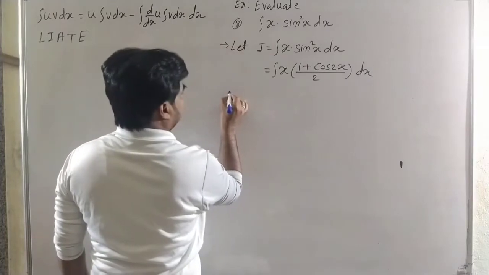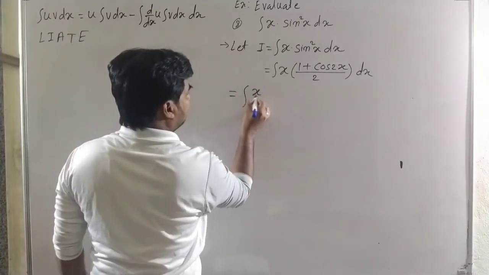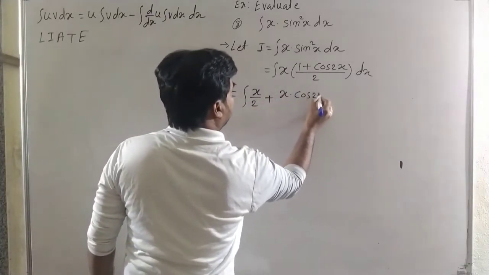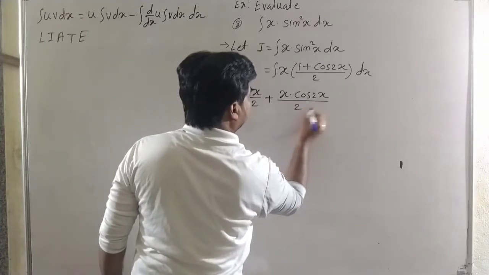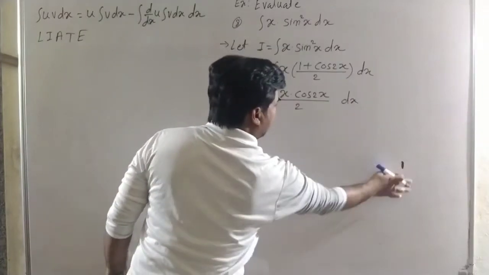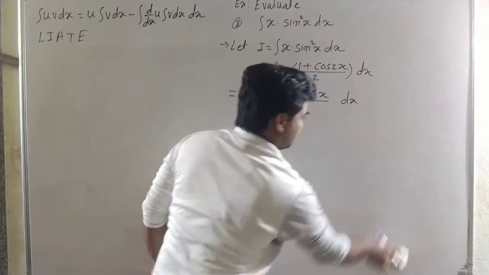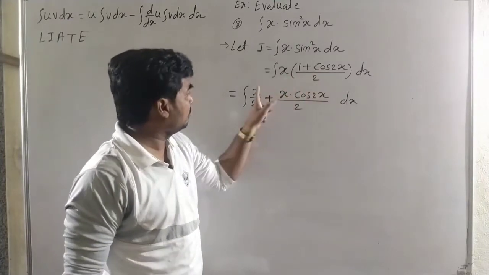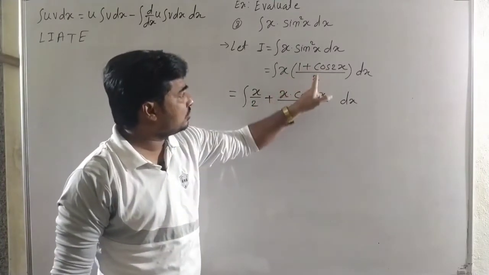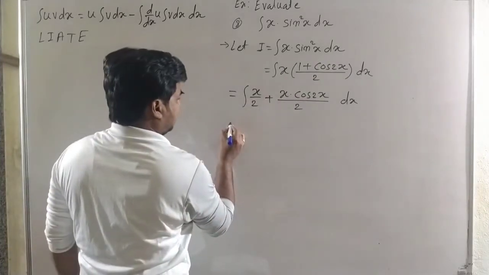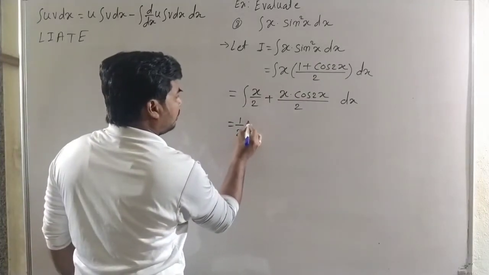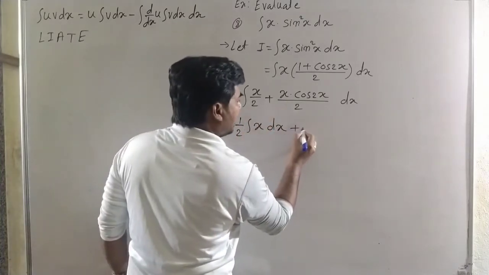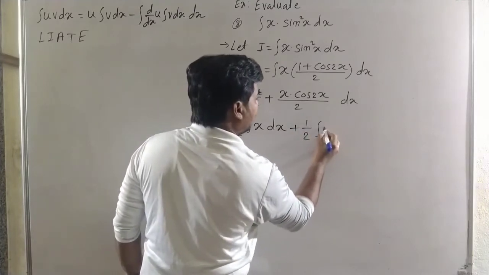Okay, here we can write integral of x by 2 plus x into cos 2x upon 2, see carefully, dx. We multiply x in both the terms, it is 1 by 2, so it is x by 2 and then x into cos 2x upon 2. Now separate the integrals, see carefully, here it is 1 by 2 into integral of x dx, because 1 by 2 is a constant, plus again take a common 1 by 2 into integral of x into